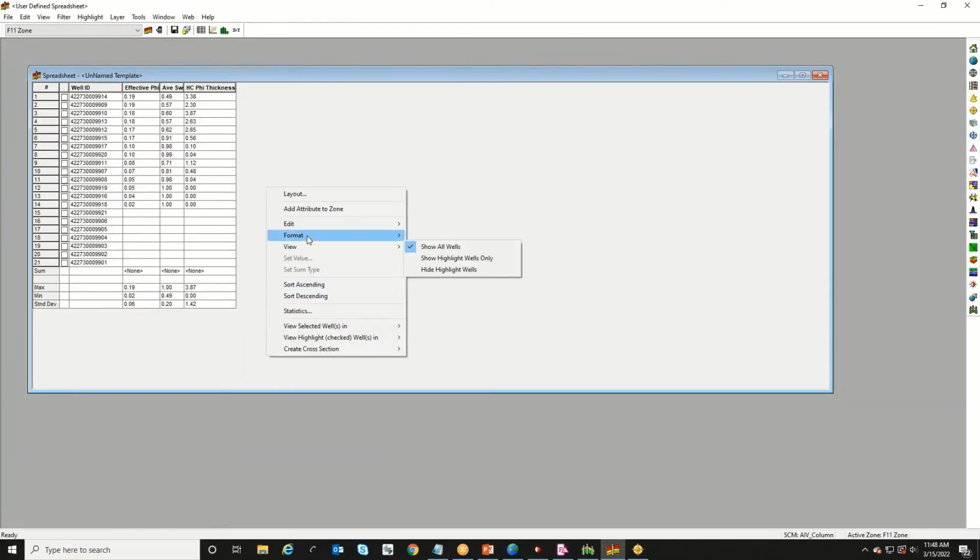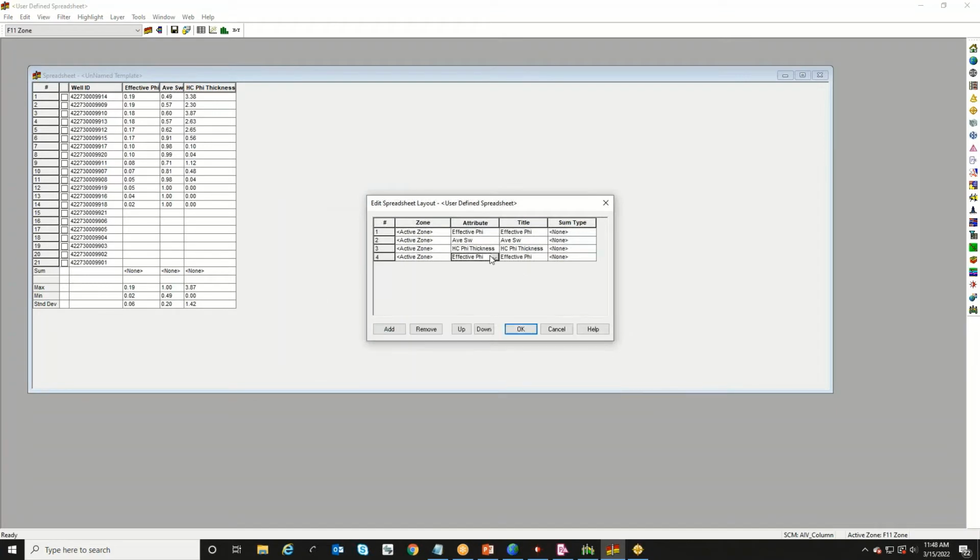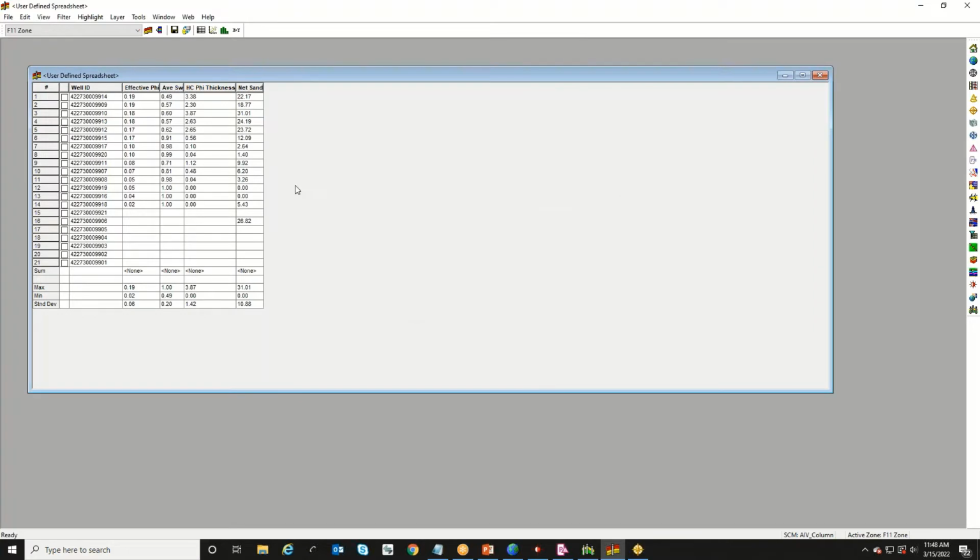And I can pull that up over here to look at it. That is my net sand. There it is. I should see all those values calculated there now. So an extra well there that didn't have any of this other data, so it's not really going to be used too much in some of my calculation, but I can use it for the gridding purposes. So again, all these values now plugged into Zone Manager. Once they're in Zone Manager, I can see the data there, and then I can go ahead and build a map off of it. And those maps, those grids are going to be what I'm plugging into my